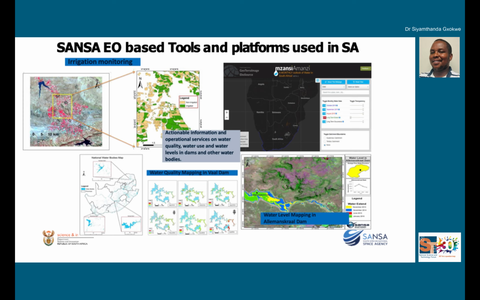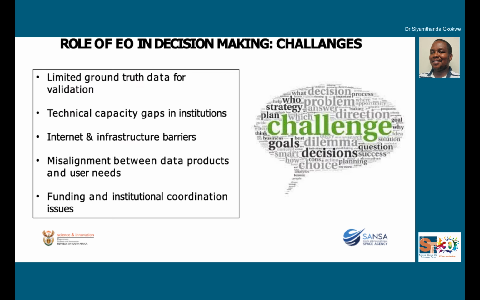So we are able to use Earth observations data to come up with all these key aspects that we are looking into for actionable solutions that are informed by the science behind our research. And also some of the key challenges: though we are able to use Earth observations to do all these things, we are still facing challenges because we are relying more on satellite data.